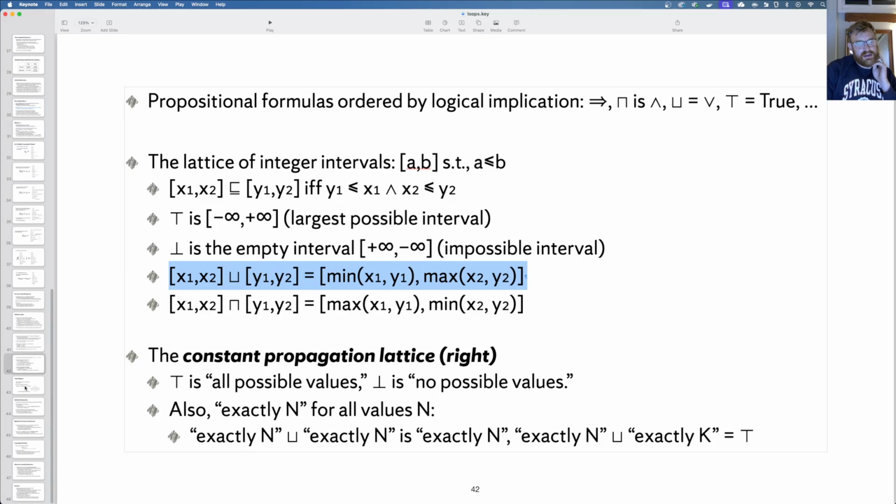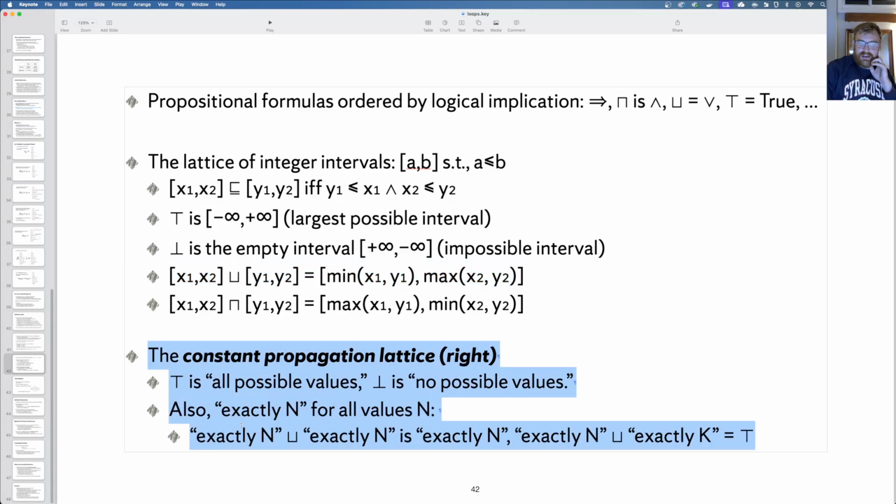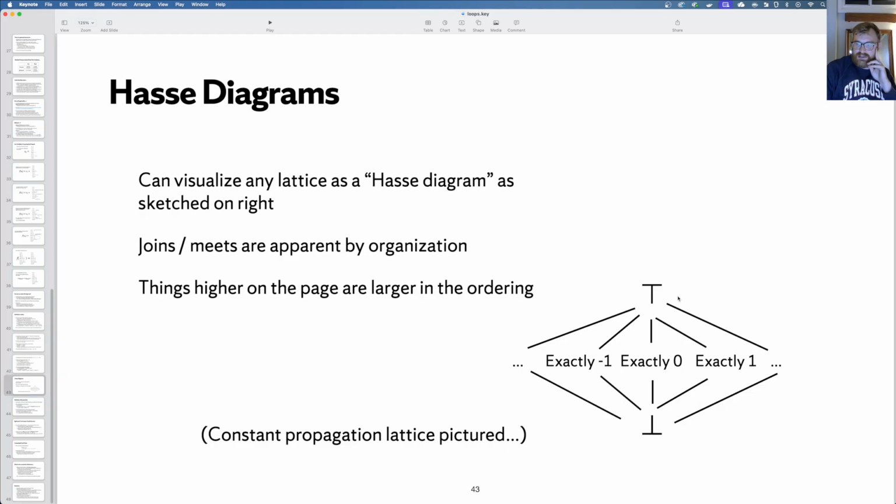Another example is the constant propagation lattice. It looks like this. Top says it's any possible integer. Bottom says it's definitely nothing. And then we've got an infinite width of things that are basically the value exactly 0, exactly 1, exactly -1.